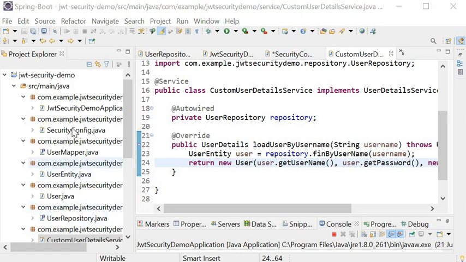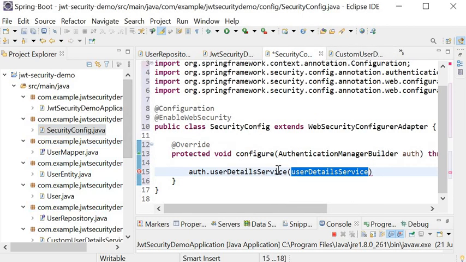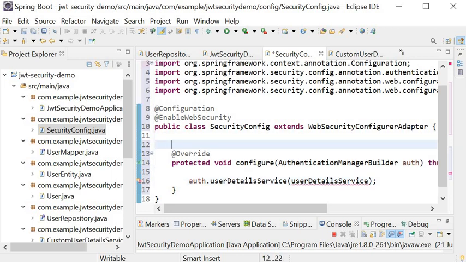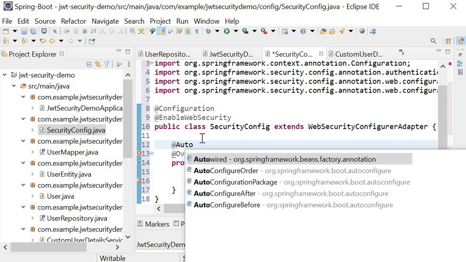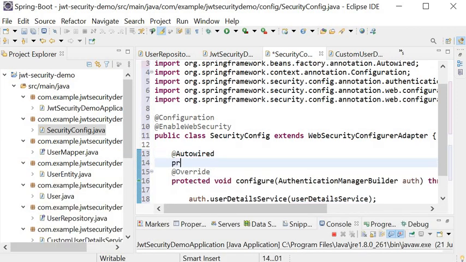Now I will go to my security config class, and here I will call the function userDetailsService, and here we need to inject the custom user detail service. I will inject the object by using @Autowired, the object of CustomUserDetailsService.